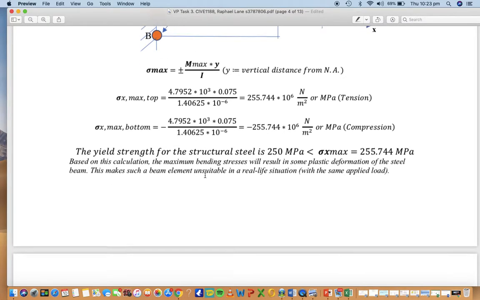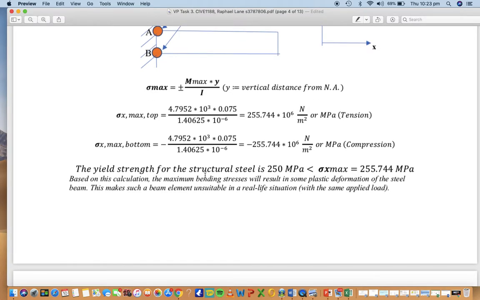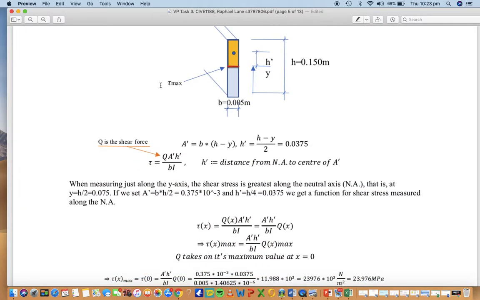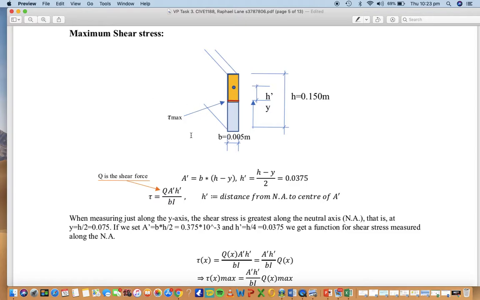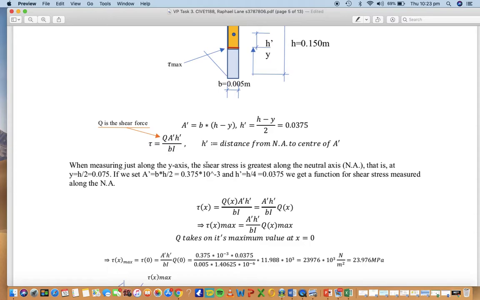From there, I was able to calculate the maximum normal force and the maximum shear stress. The shear stress is maximum along the neutral axis. So I